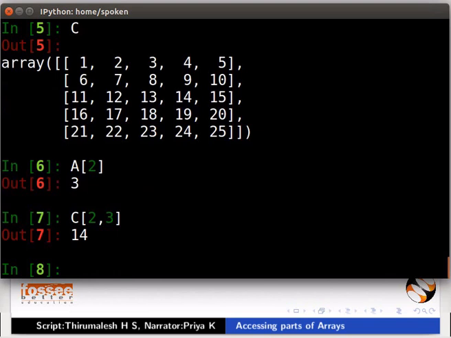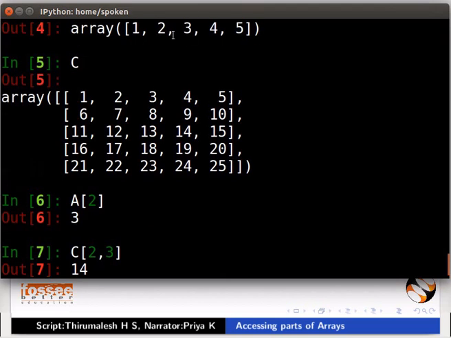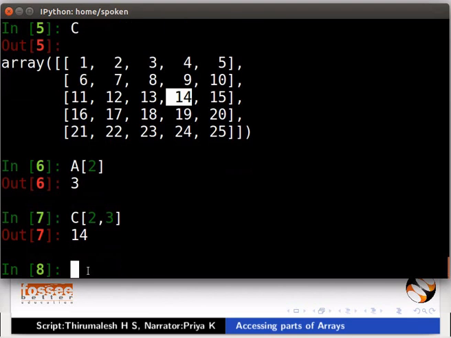Next, we will learn how to change the value of an array. We shall now change 3 to -3 in A and 14 to -14 in C. For this, we simply assign the new value after accessing the element. Type A[2] = -3.